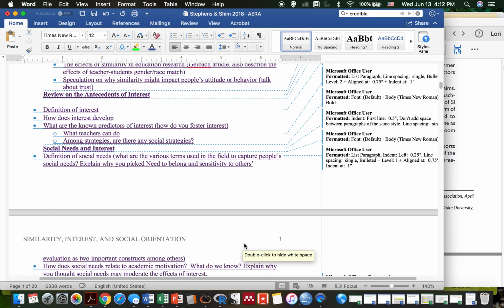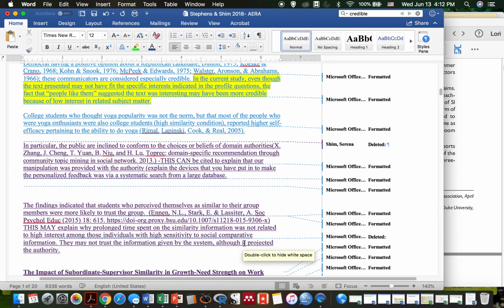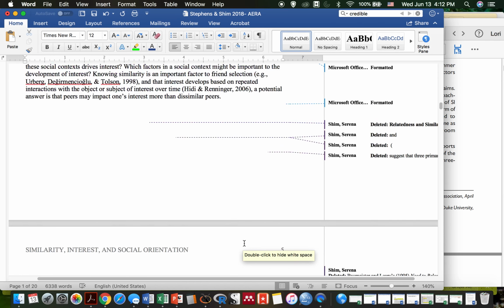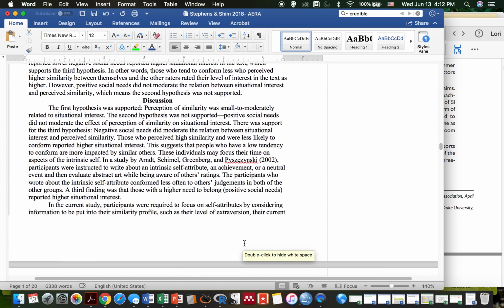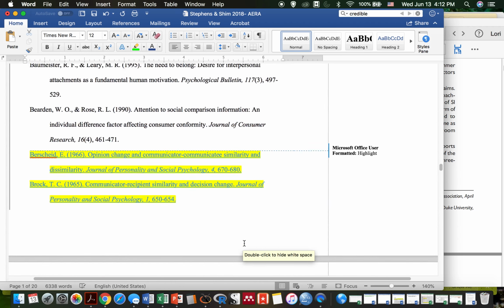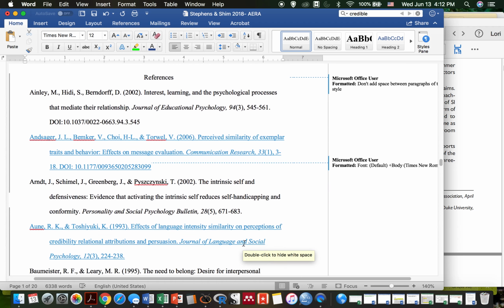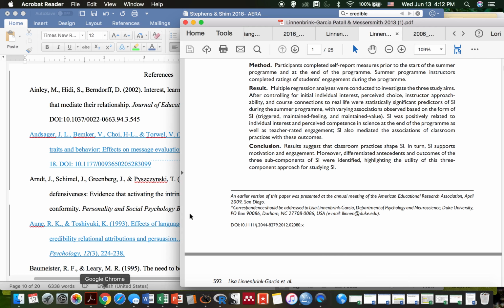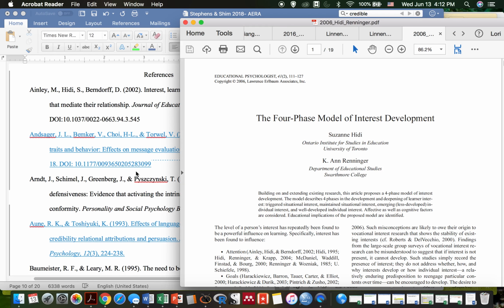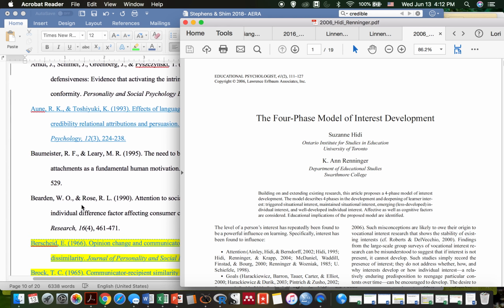Okay. I also wanted to talk to you about your reference page quickly. I'm going to try to do this as quickly as possible. Okay. So here's my references so far for this particular paper. The first citation I want to talk to you about is